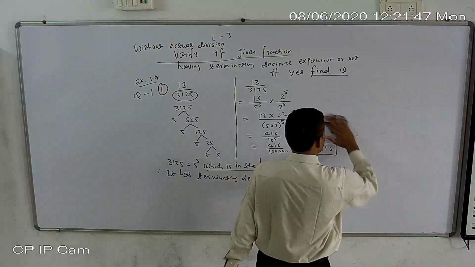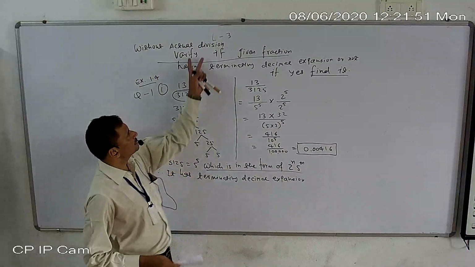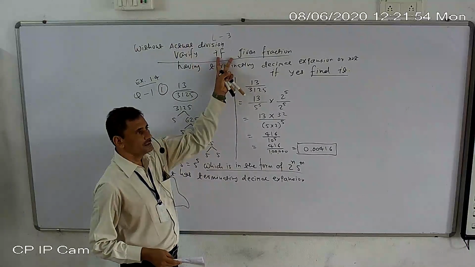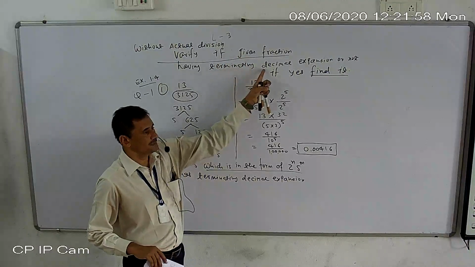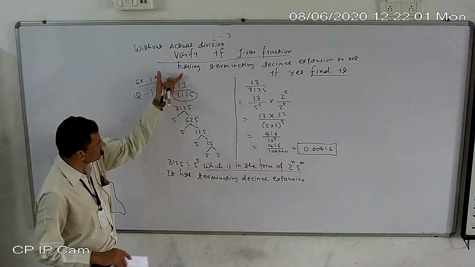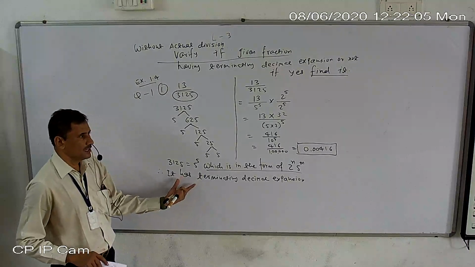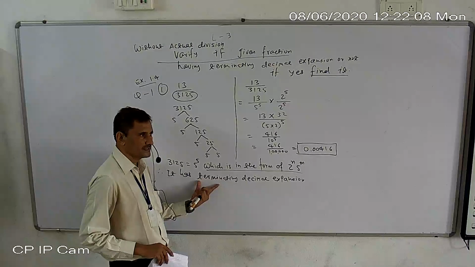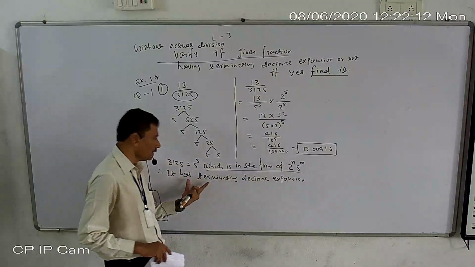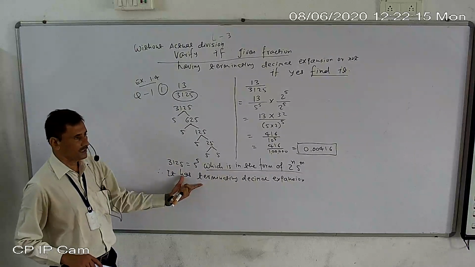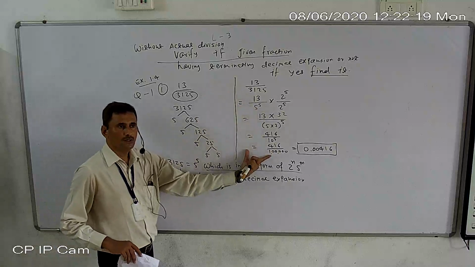So this is the whole sum. We actually gave two answers. First of all, we have to say whether the given rational number has a terminating decimal expansion or not. That is the first part. After getting the first answer, if it has a terminating decimal expansion, then you have to find it. If it has a non-terminating decimal expansion, then it is not possible, so we cannot go on.